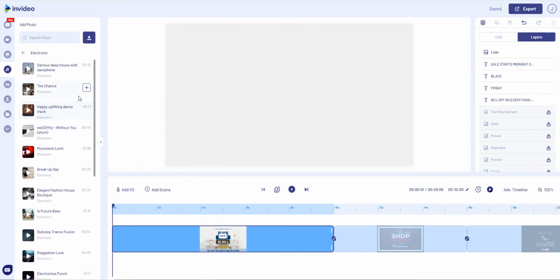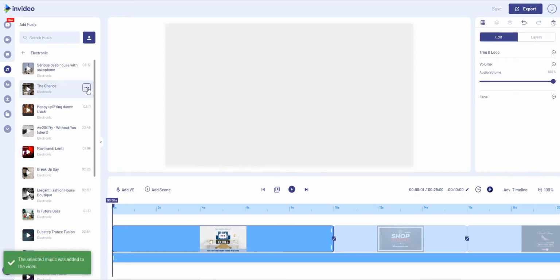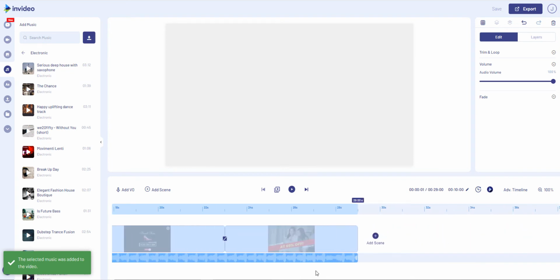I quite like that, so I'm simply going to add that, and then I'm going to go to the end, and you can see it's added that and filled it all. So now if we play that,